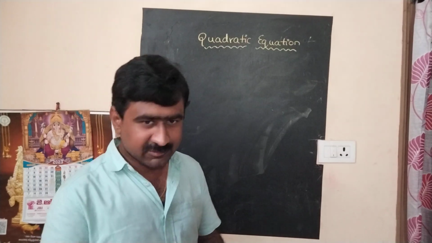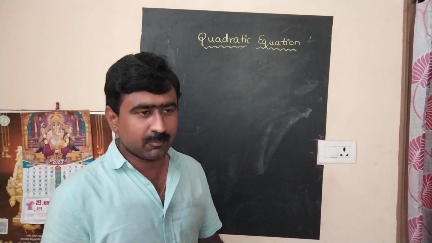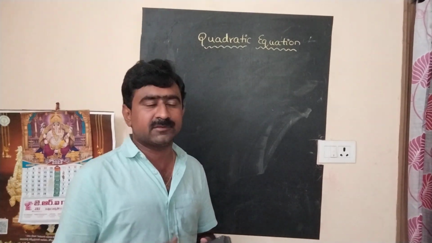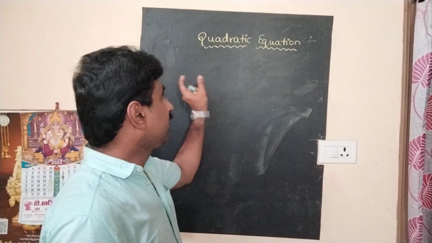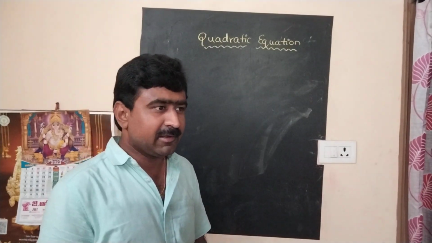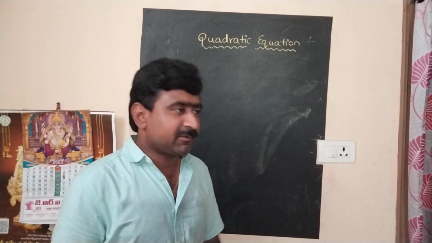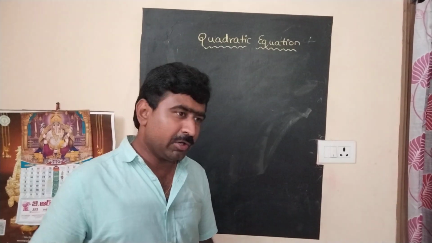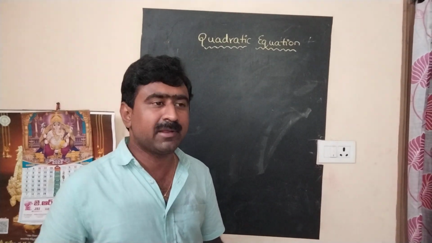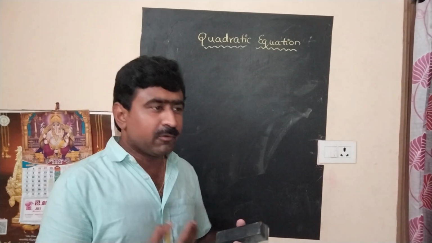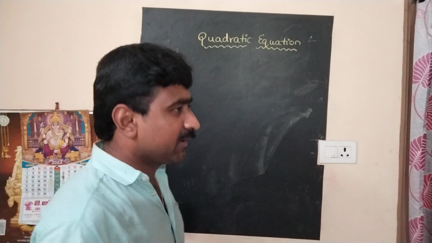Today in this session we are going to discuss DSC mathematics and 10th class mathematics chapter number 5, that is quadratic equations. This topic is very important for all the DSC aspirants, for the students who are going to appear for the 10th class public examinations, and for those who, soon after completing 10th class, may appear for the Polyset and polytechnic exams, correct or not? So for those people this chapter is very important.